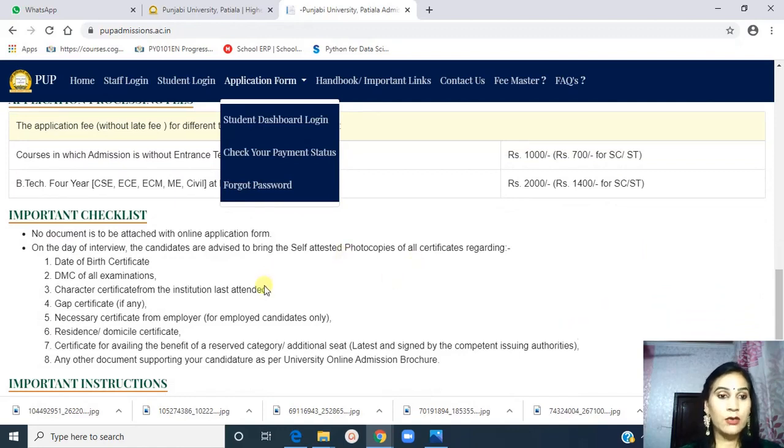When you are filling your online application, these are the documents which are required. One is the date of birth certificate, DMC of all examinations, character certificate, the institute last attended, gap certificate if you are having any gap between your studies, necessary certificate from employer if you are working somewhere, residence or domicile certificate, then certificate for availing the benefit of a reserve category additional seat, then any other document supporting your candidature as per university online admission brochure.